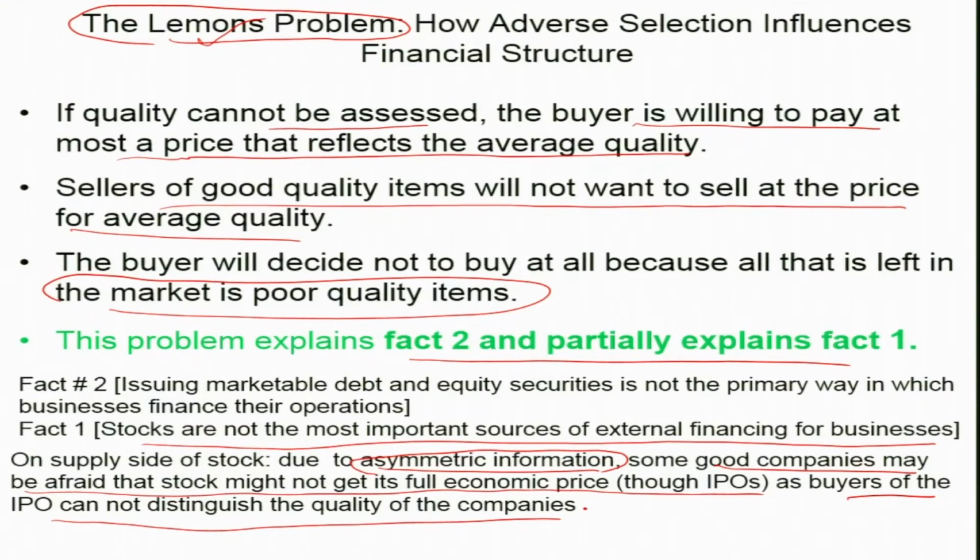So here clearly, the prospective buyers cannot know which firm is good quality. Suppose not only two, many firms are issuing IPOs. If the buyers cannot distinguish which company is of good quality, which is the peach and which is the lemon, you know that they are going to pay only the average quality price. And eventually this market will be overrepresented by low quality, because good quality companies want a high rate of IPO, a high price for their stock, but they won't be getting it.